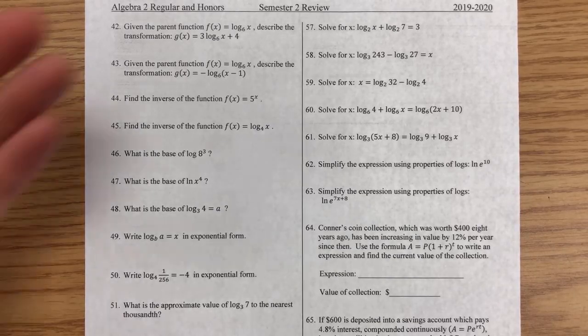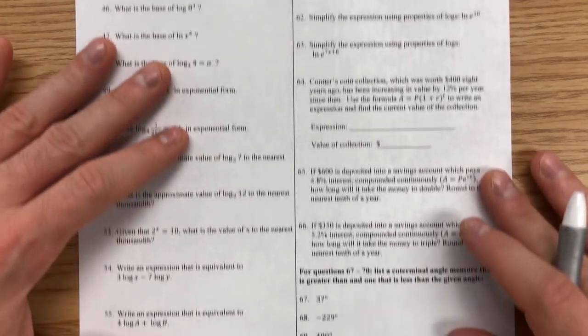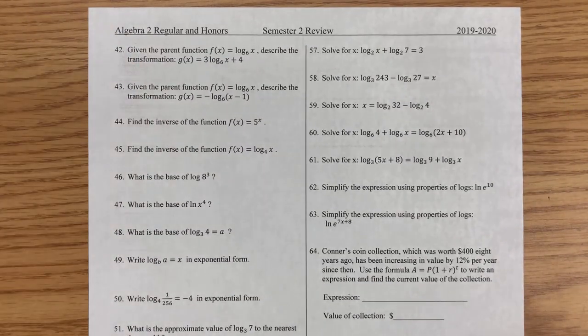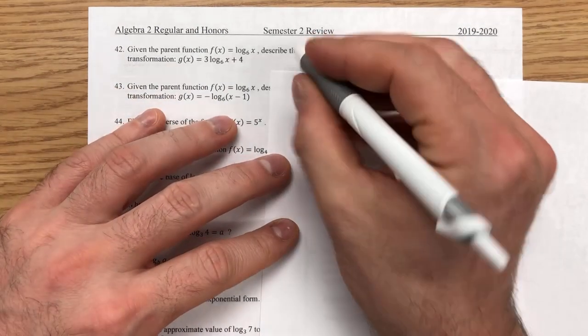So today we will do the column of numbers 57 through 70. Let's go ahead and jump in and take a look. Let's start out with question